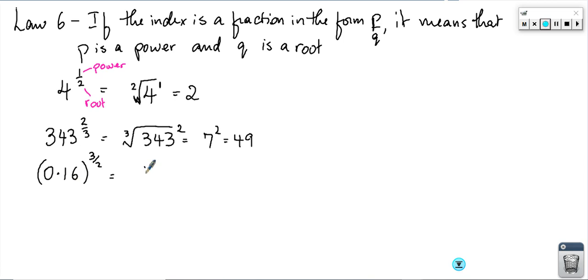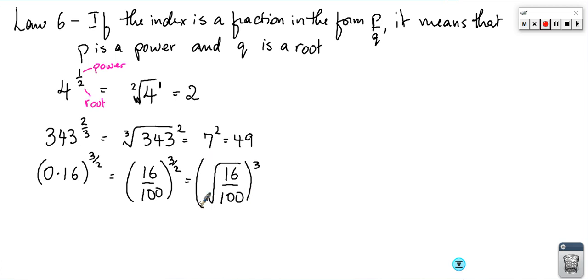So this becomes 16/100 to the power of 3/2. This means that I have 16/100 to the power of 3 and square root. So I have the square root of 16/100, to the power of 3. The square root of 16 is 4. The square root of 100 is 10. To the power of 3, which is 4 cubed over 10 cubed,